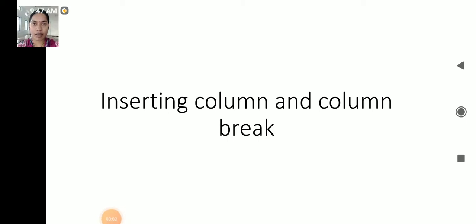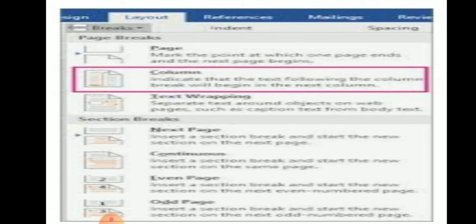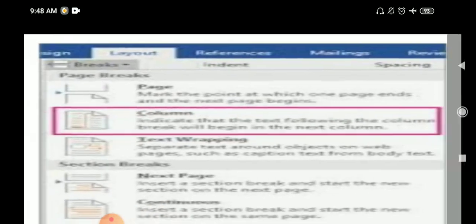Today we are going to discuss the topic of inserting columns and column breaks. Children, how do we insert a column and a column break? Firstly, we are supposed to type a document and it should be displayed on the screen in a single column itself. The document or file which we are creating in a column format should be in paragraph style, and it should also have some sort of format, like a newspaper style, or else we should display it in an interesting new look. Word enables us to create two or more columns in our document itself.